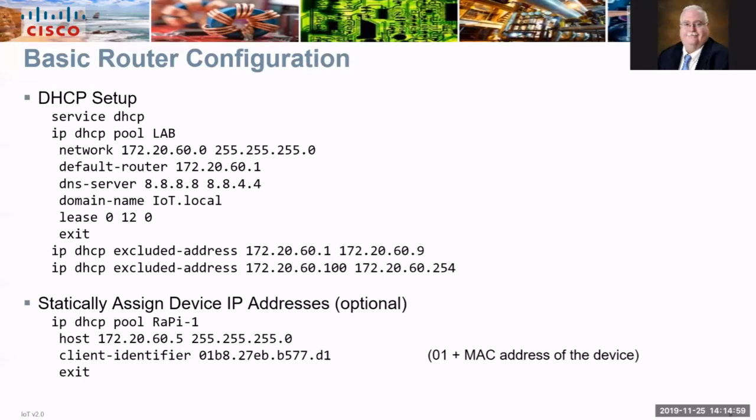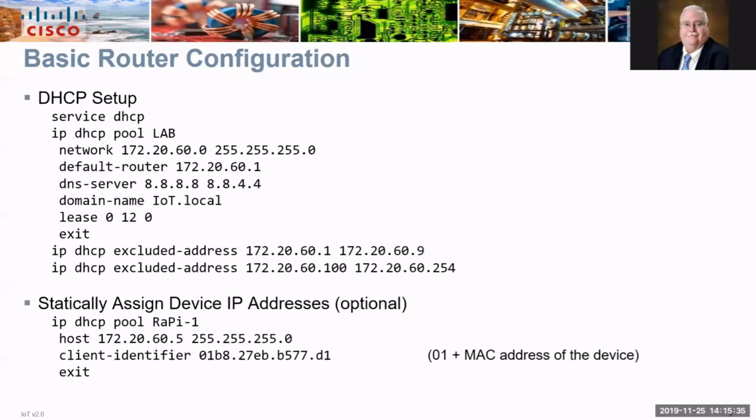This section sets up the DHCP server. It defines the network, subnet mask, default gateway, and DNS server information each device will receive. The excluded addresses define which IP addresses cannot be assigned. I reserve the first 9 IP addresses for my own use and the last 155 addresses are reserved for expansion. This allows 80 devices including all Raspberry Pis and student PCs to obtain an IP address. You can vary this as needed.